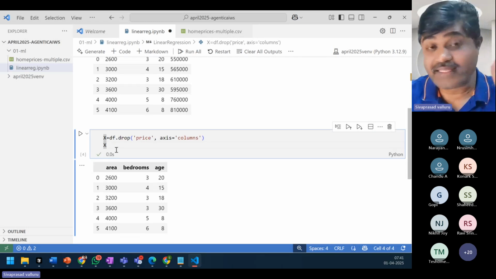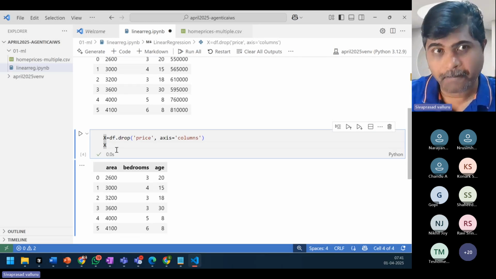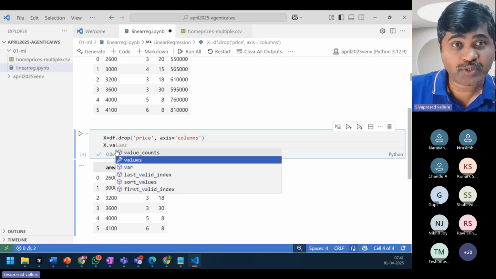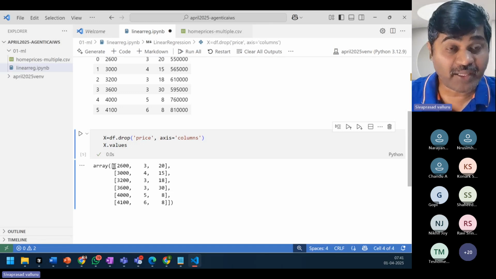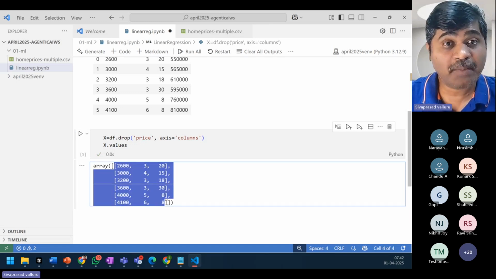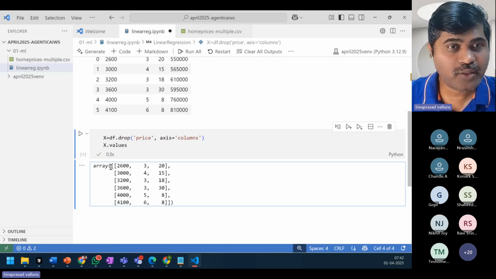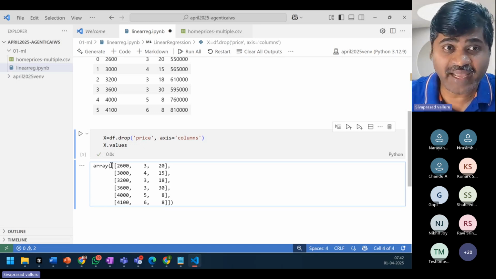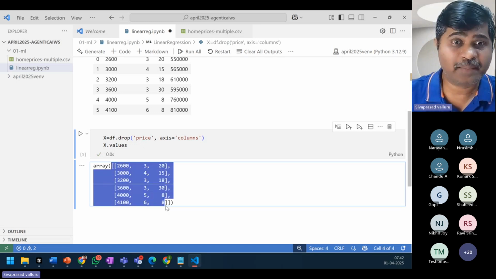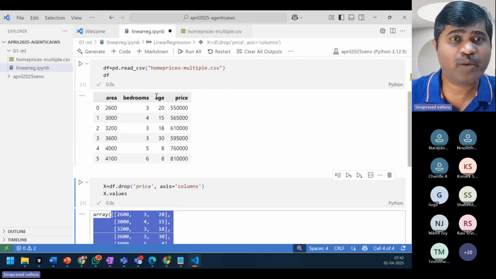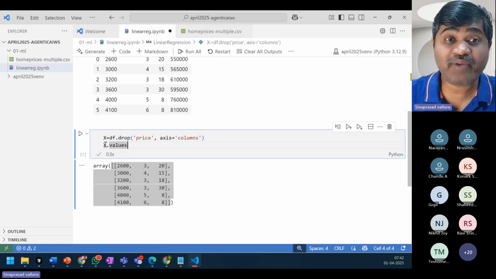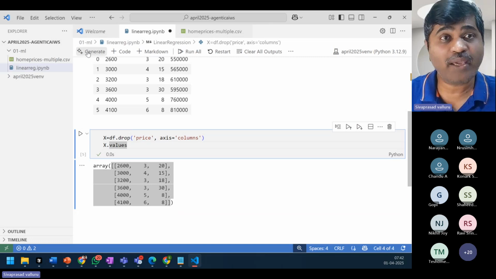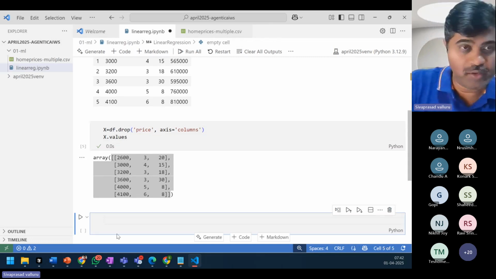Now if I see, this X is also a data frame. If I call X dot values, I will get a three-dimensional matrix. Sorry, not matrix. You can visualize it as a 3D array. Three dimensions are there: area, bedrooms, and age. So I have these input values as a 3D array, and I want to get Y also, only Y values.